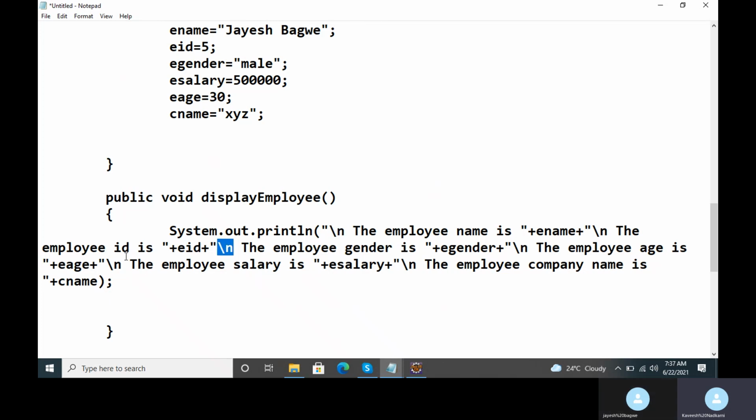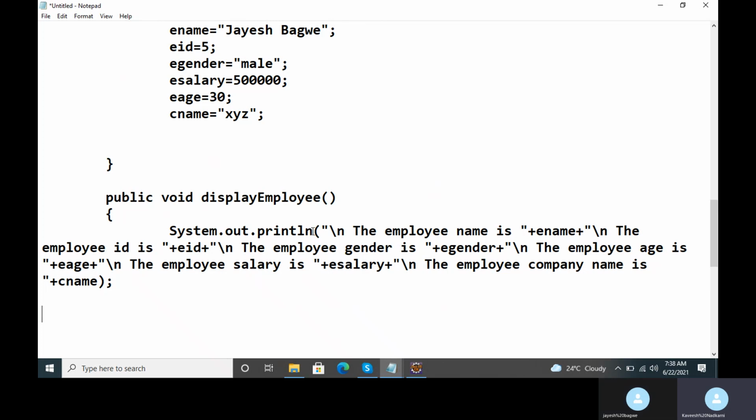But the significance of this ln is that after the last output value, that is the value of the cName variable, is displayed on the screen by this System.out.println statement, the cursor will automatically be taken to the next line after that, Jayesh, because of this ln.